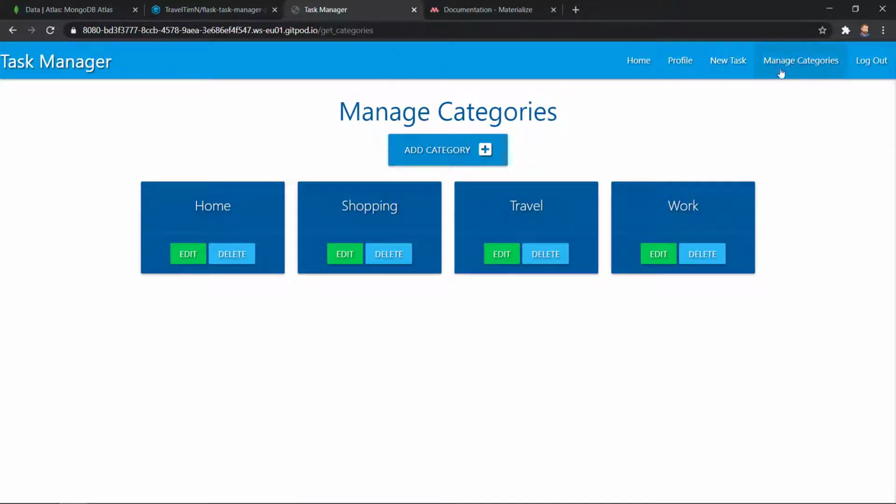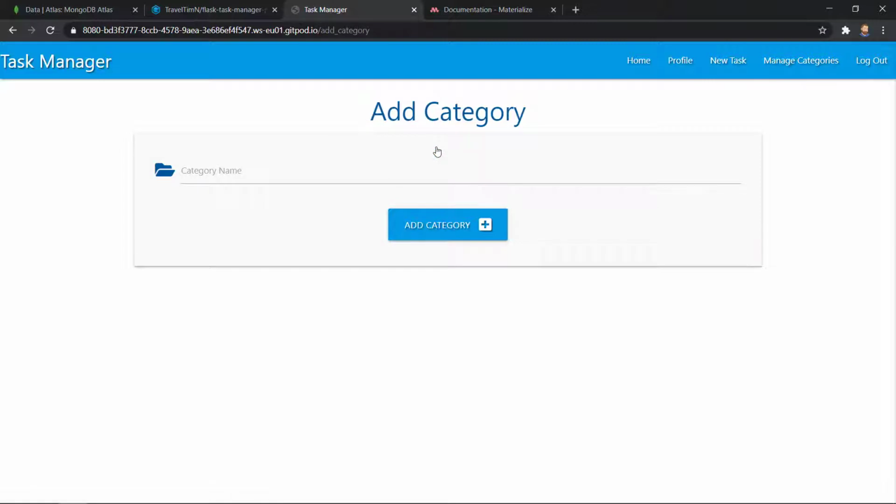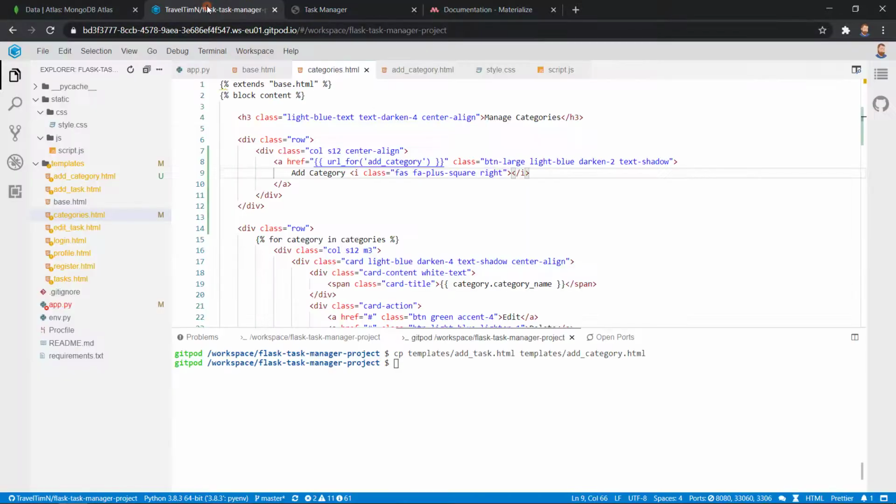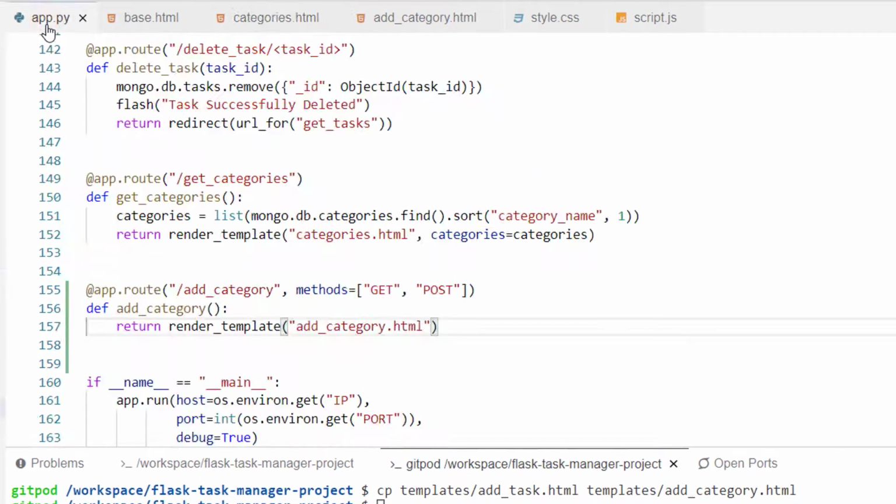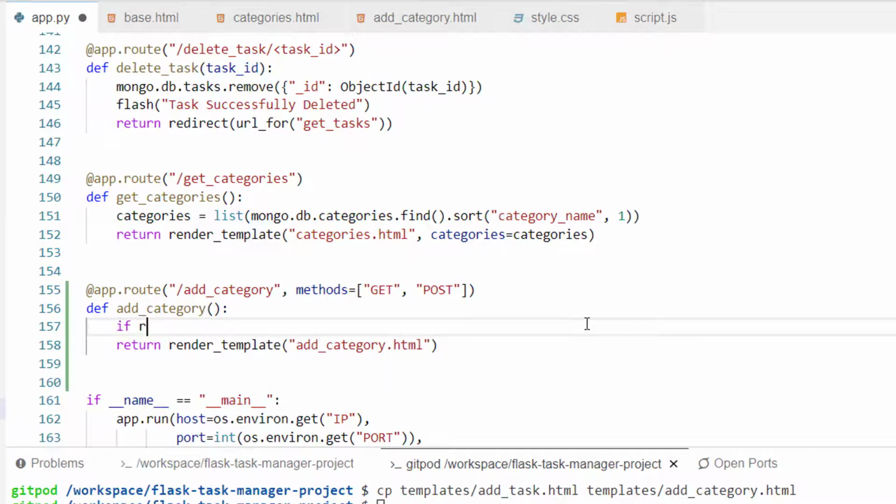As you can see, we have a button now that allows us to add new categories. It's a single field form, so I'll go ahead and try and add a new category for GitHub. On submit, obviously that's not going to work yet, because we've only built the get method in our function. Let's go back to our app.py file and write the logic that will post our form to MongoDB.